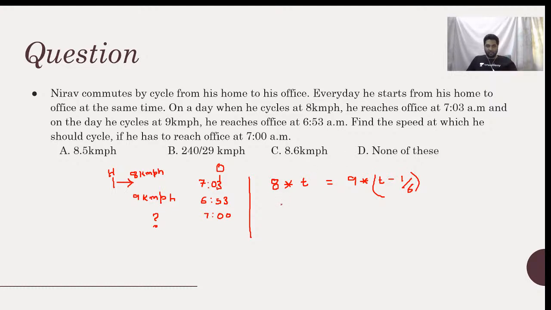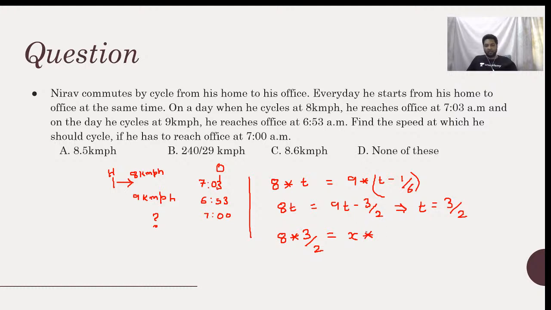Now, if I just simplify this, I will get 8T is equal to 9T minus 3 by 2, which means T is equal to 3 by 2. We got that T is equal to 3 by 2, isn't it? 3 by 2 hours. Now, at a speed of 8 kilometers per hour for 3 by 2 hours, this is the distance. He has to travel at a speed of X kilometers per hour, so that his travel